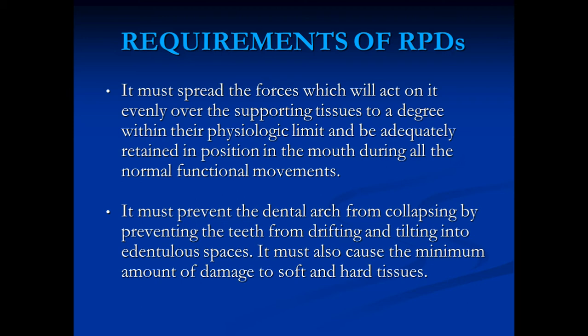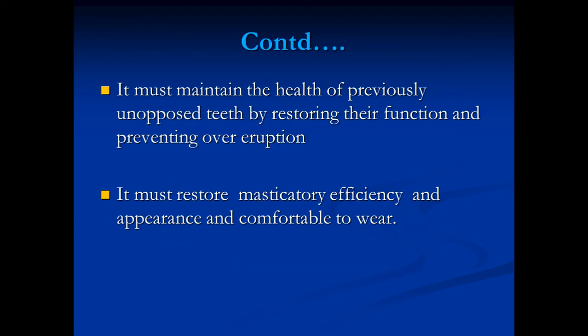So all your missing units are present between the four corners, or in between the four direct retainers. So all the support is derived from the principal abutment teeth themselves. So there is no need for the edentulous space, or the soft tissue of the edentulous space, to provide any support in such conditions. So it must maintain the health and integrity of the arch.